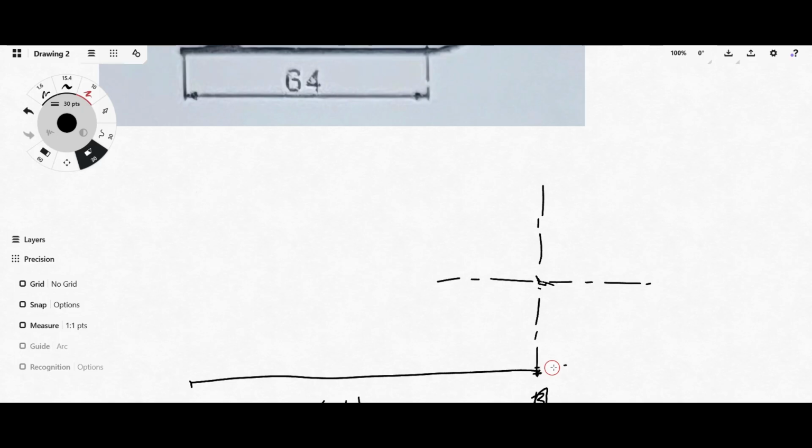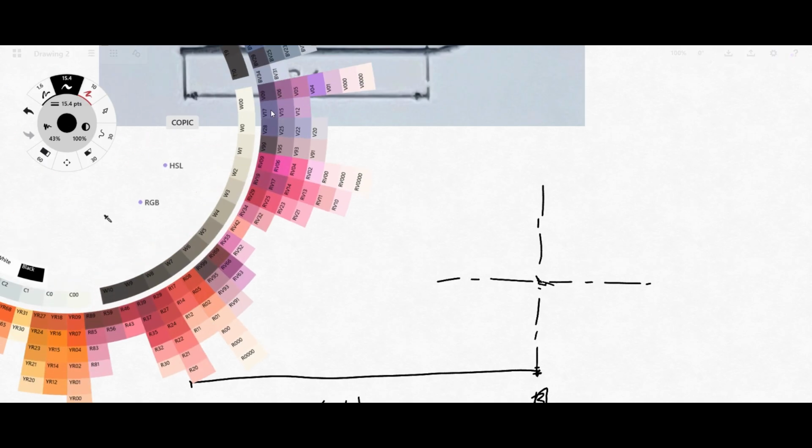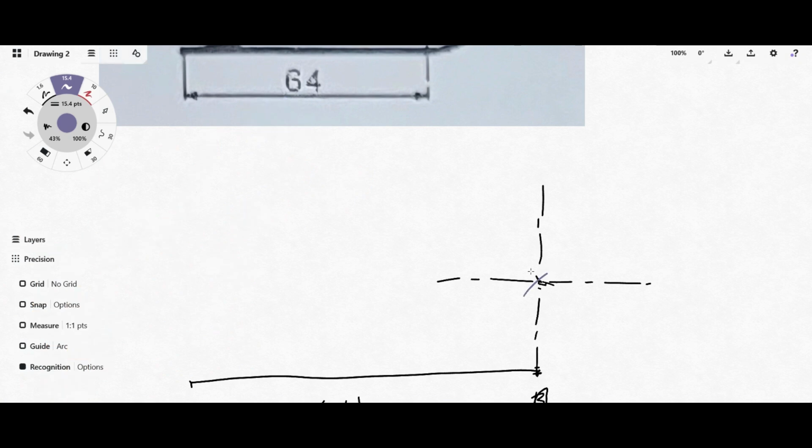Right. Let me clean this for now. But then you come here with your compass and stand the center point here. Let me try changing the color. Right, so this is going to be the new center. This is going to be the center for the circle with radius of 20 millimeters, right? So you stand here. If you draw it well, when you open from here to here, it should give you the same 20 millimeters, right? So then you draw an arc